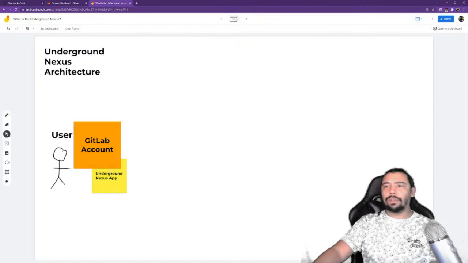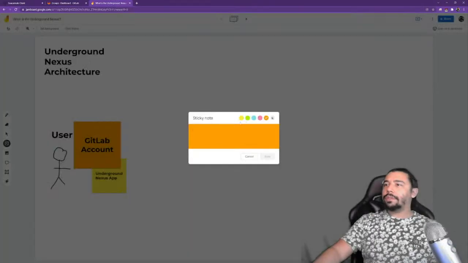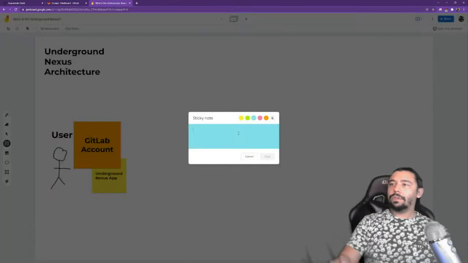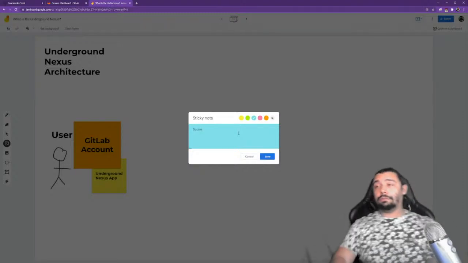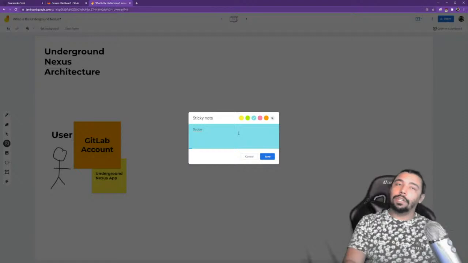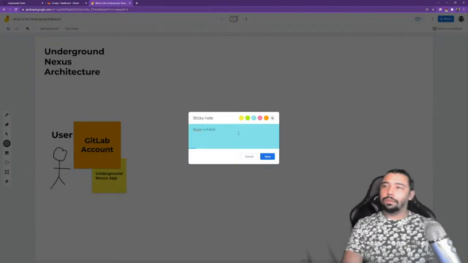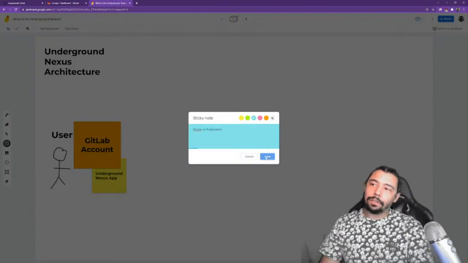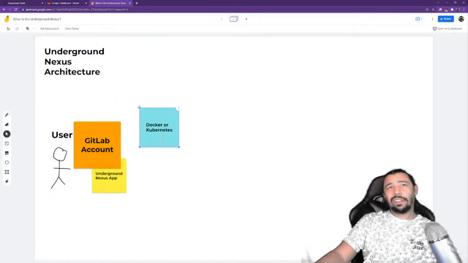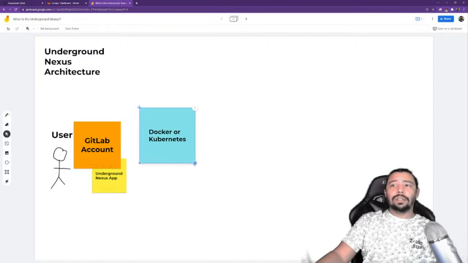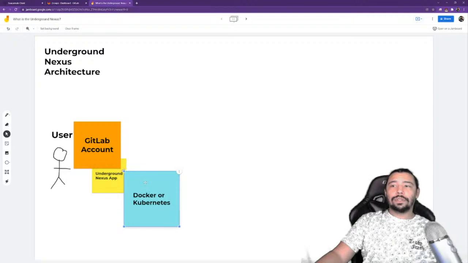Now how do you use it, right? The ways to use it is that you can use Kubernetes or Docker. So I'll just say Docker is my... It can run Kubernetes, so it depends on what your needs are. If you have an ecosystem that's Kubernetes based, you can install it in there. But otherwise I'd say use Docker to run the resources.